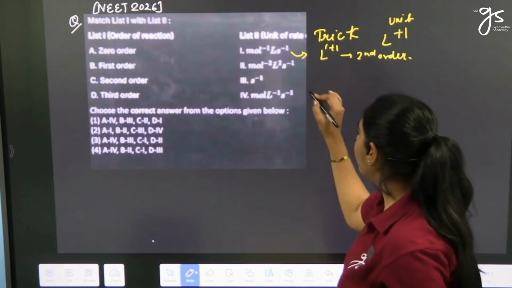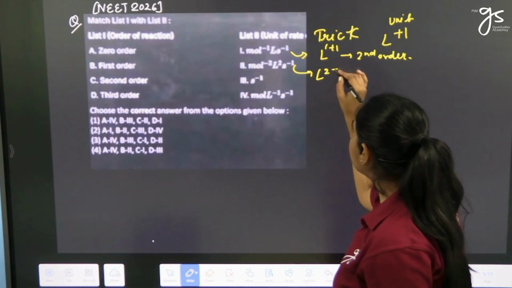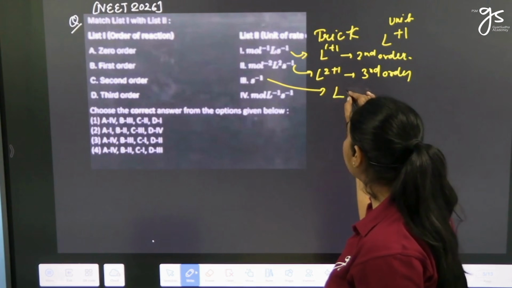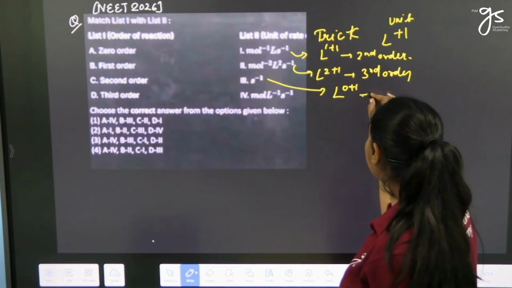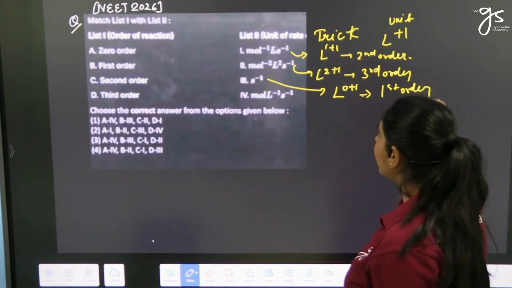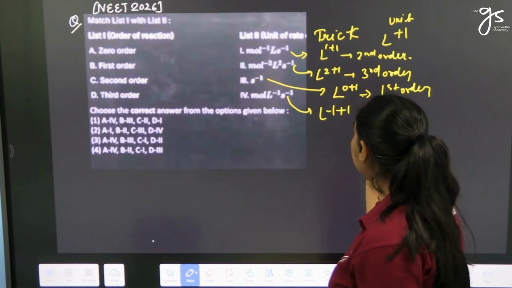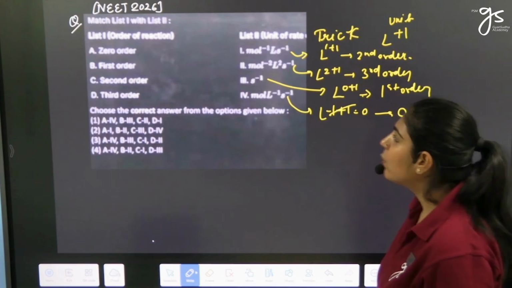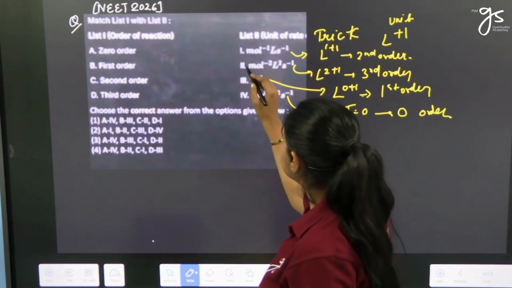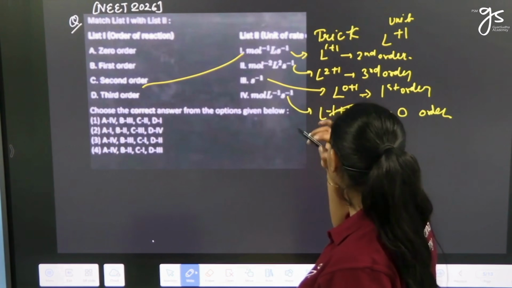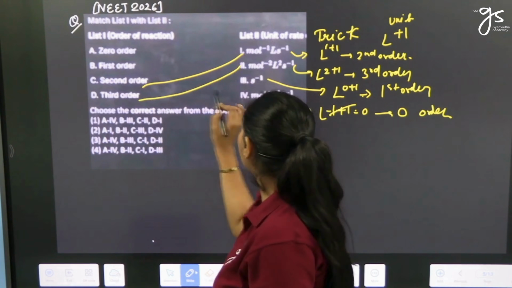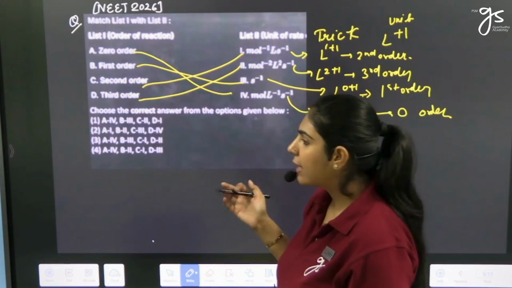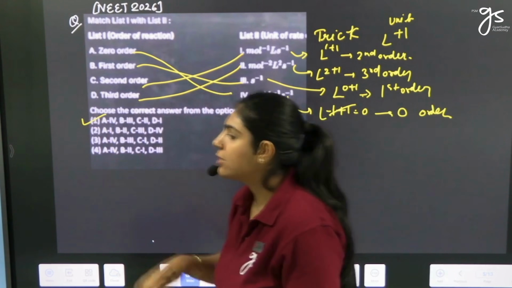It is very easy for you. In this, the power of L is 2, add plus 1, then it will be third order. In this one, there is no unit of L, so add 1, it will be first order. And similarly, in this case, L is minus 1, add 1, then it would be 0. That would be a zero order reaction. So similarly, you can match the following. This first one is the second order. This second option is your third order. Per second is your first order. And this one is your zero order. So just by looking, to choose which one is correct, that will be your first option.